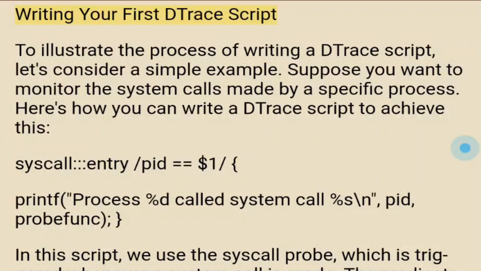Writing your first dtrace script. To illustrate the process of writing a dtrace script, let's consider a simple example. Suppose you want to monitor the system calls made by a specific process. Here's how you can write a dtrace script to achieve this. syscall:::entry /pid == $1/ { printf("Process %d called system call %s\n", pid, probefunc); }